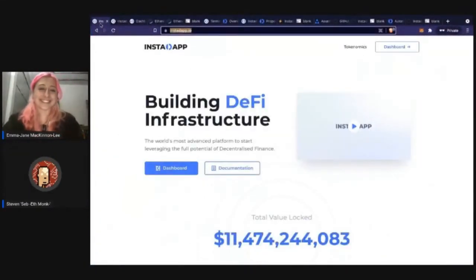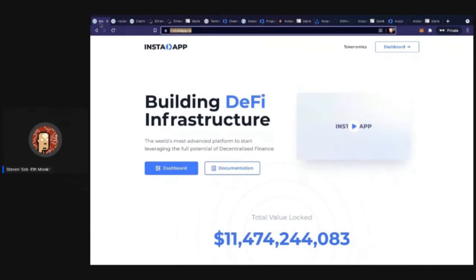Awesome. Okay, great. All right, so really quickly, I'm just going to introduce Instadap. Instadap was created around 2018. It actually came from an ETH Global hackathon, ETH India 2018. At the time, Instadap was solving the unique problem of opening MakerDAO CDPs. If anyone is an OG and remembers MakerDAO in early 2018 when it first launched, it was a very complicated platform. It required 20 transactions, and it was quite confusing to use.